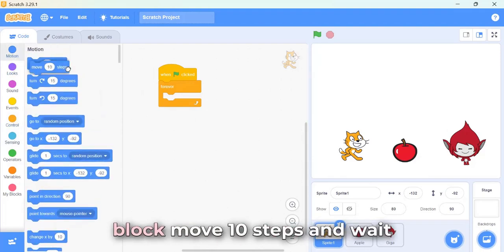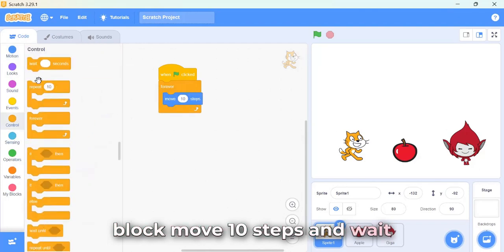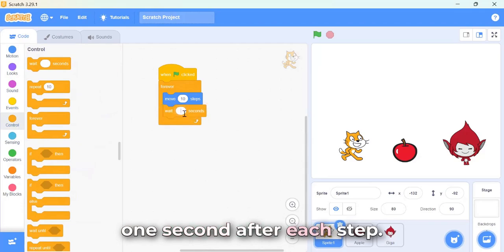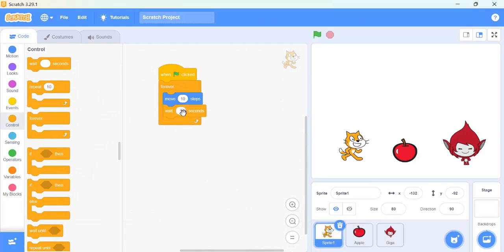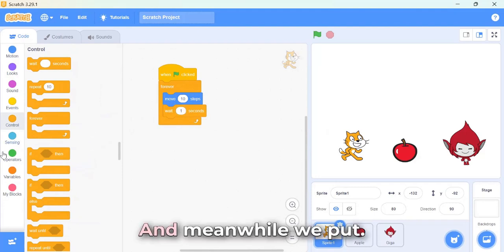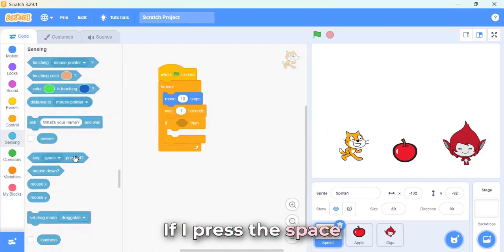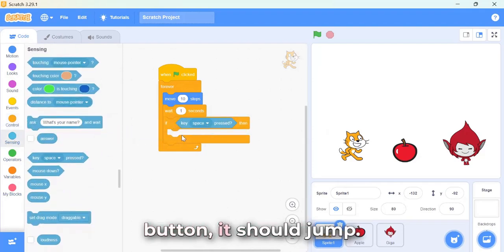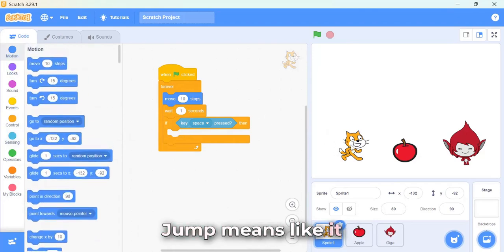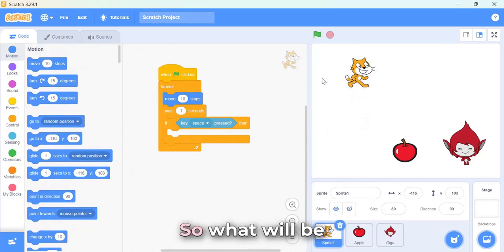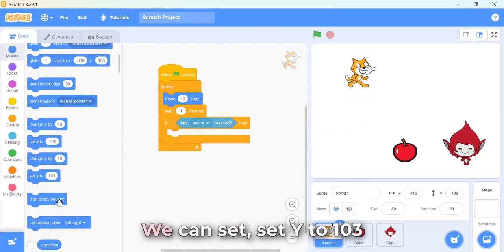the motion block, move 10 steps and wait 1 second after each step. Okay, and meanwhile we put: if I press the space button, it should jump. Jump means it should move here. So what will be the Y position here? We can set Y to